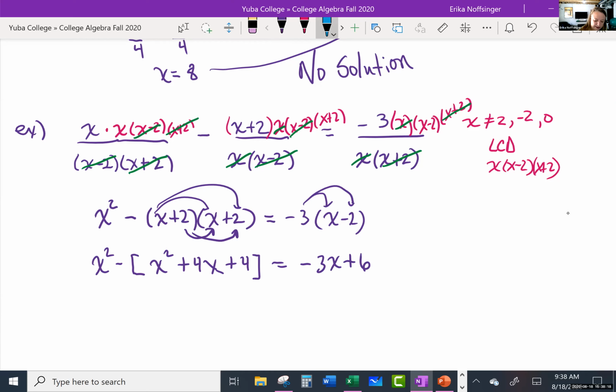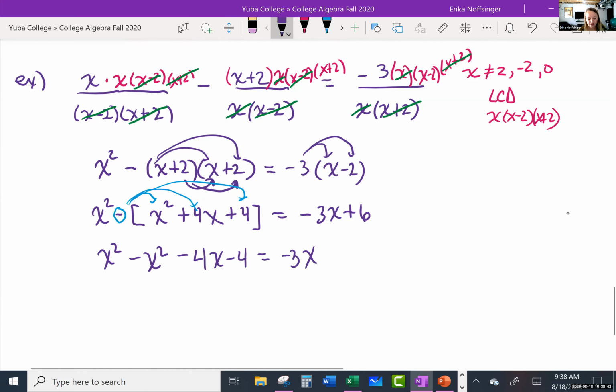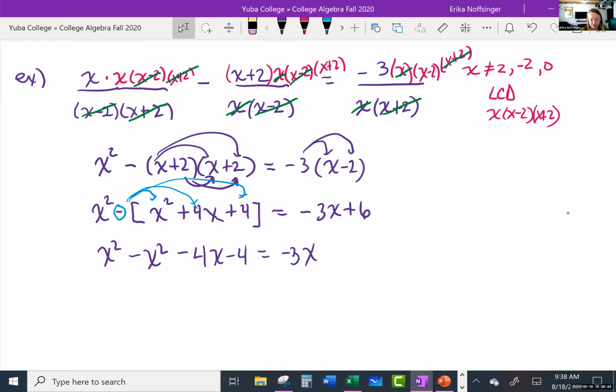This negative here has to be distributed to each term inside that bracket. So change the signs. So we get x squared minus x squared minus 4x minus 4 is equal to negative 3x. Okay, so at first it looks like a quadratic, but the x squared minus the x squares cancel out because they're like terms. And then we have negative 4x minus 4